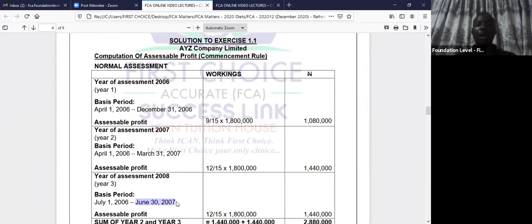So what you do is you count 12 months back. So you can say June 2007 to June 2006. But of course, it cannot be June 2006. You have to count one step forward. So it's from July 1, 2006 to June 30th, 2007. What I normally do is, if I'm standing at the end date, I ask myself, because I'll count one step forward, what is tomorrow's date? If today is June 30th, tomorrow is July 1. So I'll just put July 1 here, then I'll put 2006, 1 year backward.